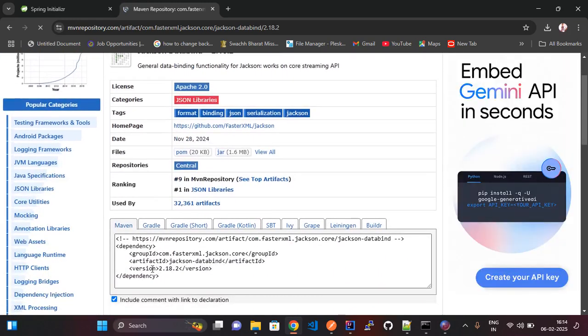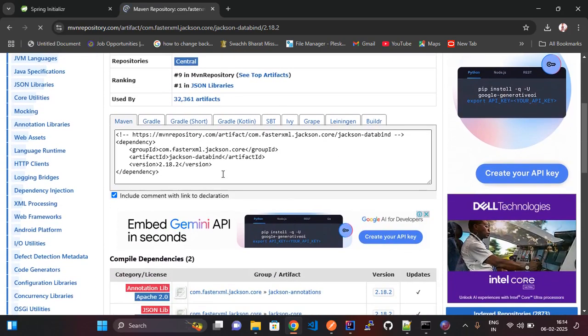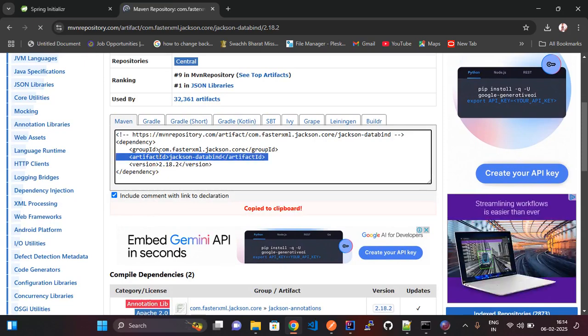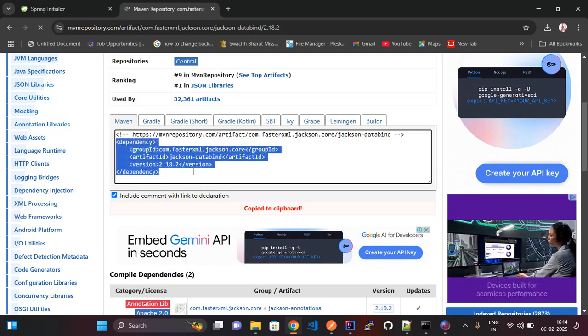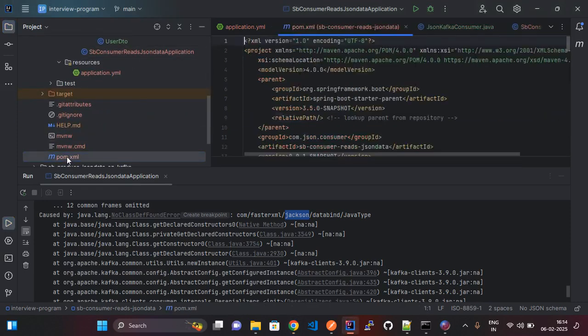Let's add this dependency in our POM. So copying this dependency, selecting in here, copying this dependency and adding it in our created Spring Boot pom.xml file